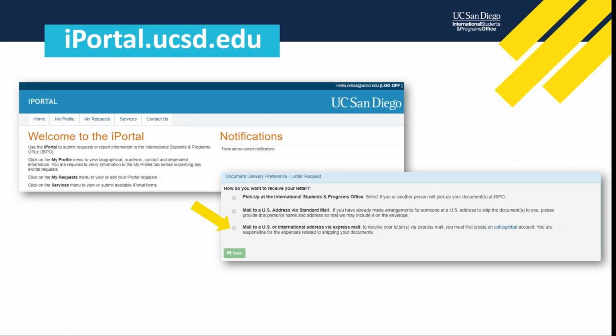Once you have logged into the iPortal using your Student Single Sign-On credentials, or SSO, you will be asked a series of questions to direct you to the correct document request type. You will also be required to upload evidence of financial support and a copy of your passport biographical page. To ensure you meet the minimum financial support required, visit our cost of attendance charts at